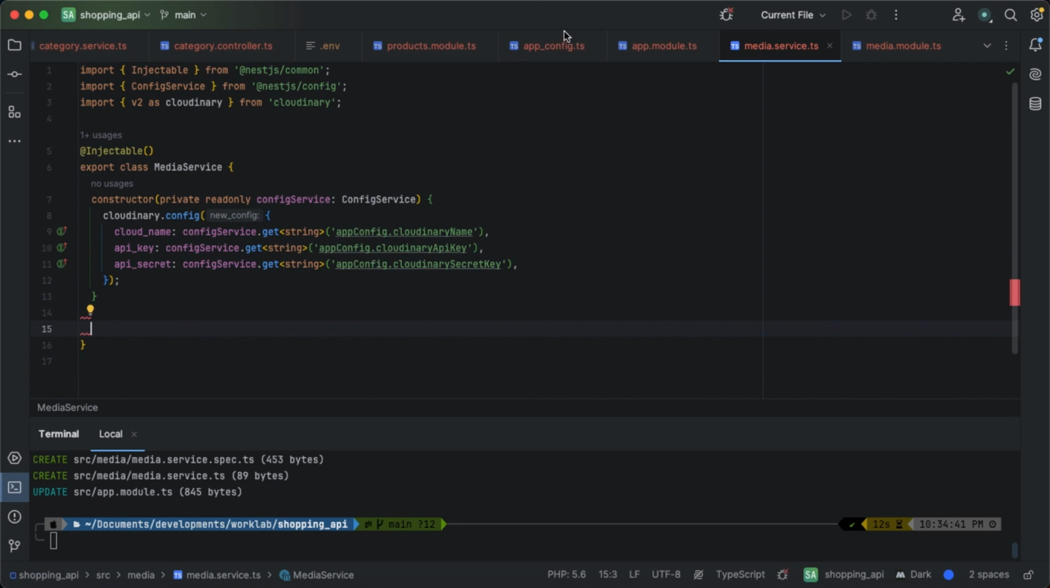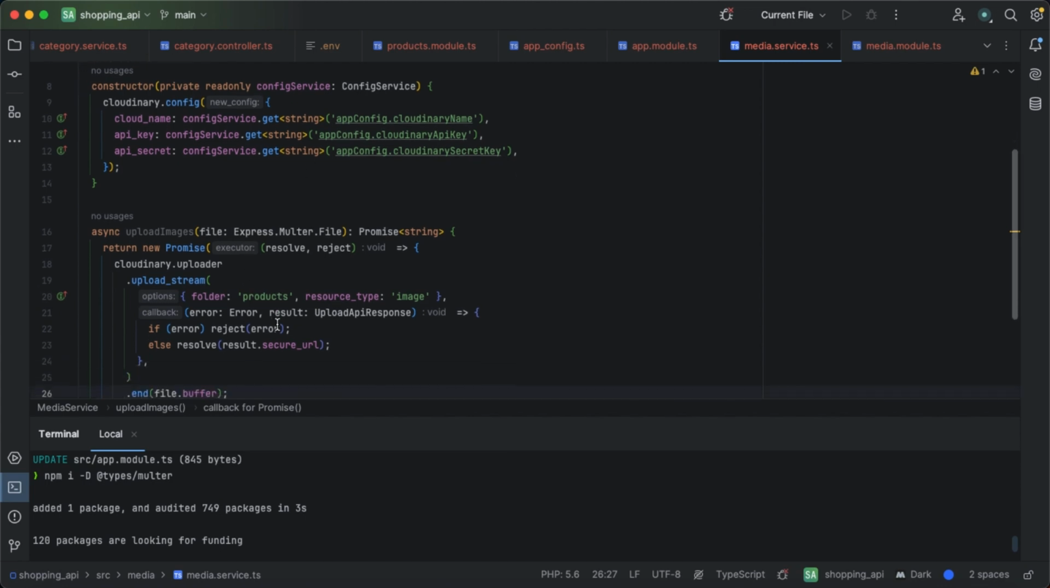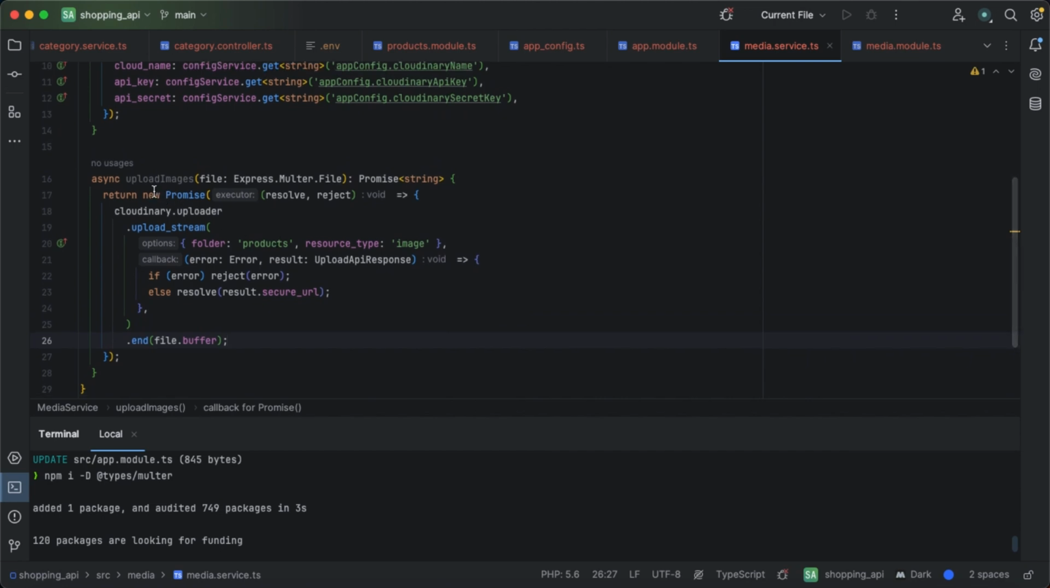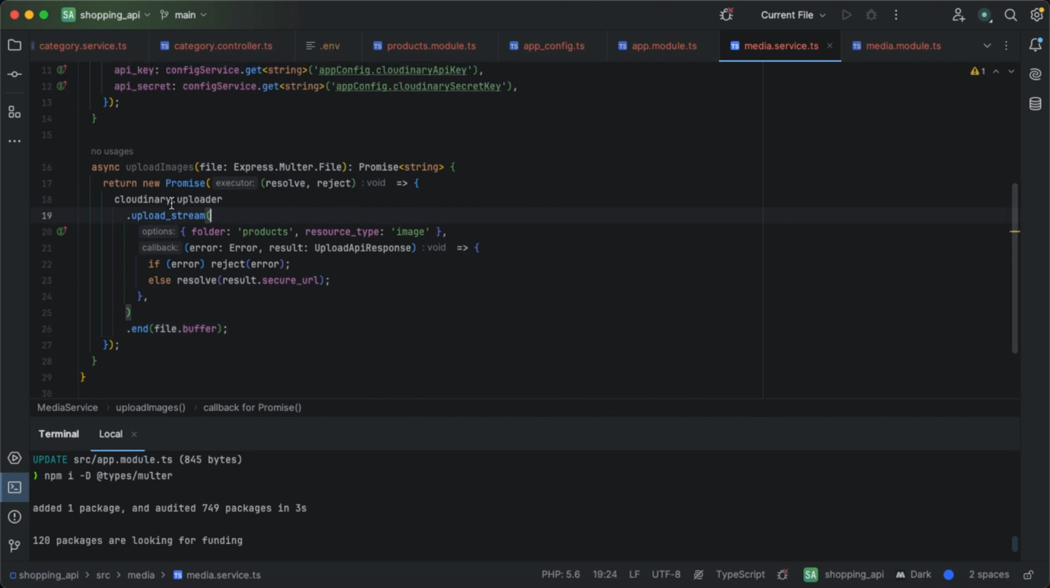Okay, after adding this in the constructor, Cloudinary will handle the rest for authenticating and making sure these are valid keys, secret, and cloud name. Okay, after that, I've added this simple method that communicates with Cloudinary, and it will upload the images